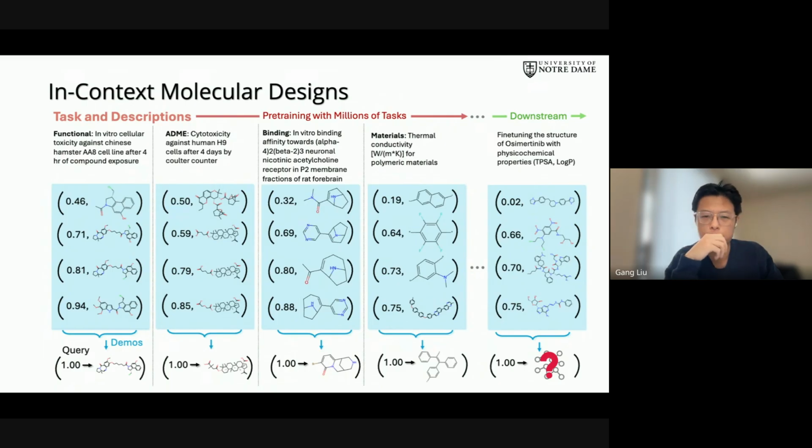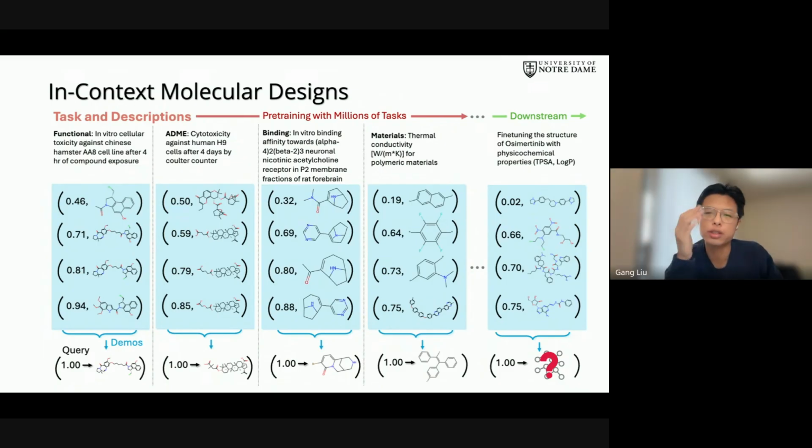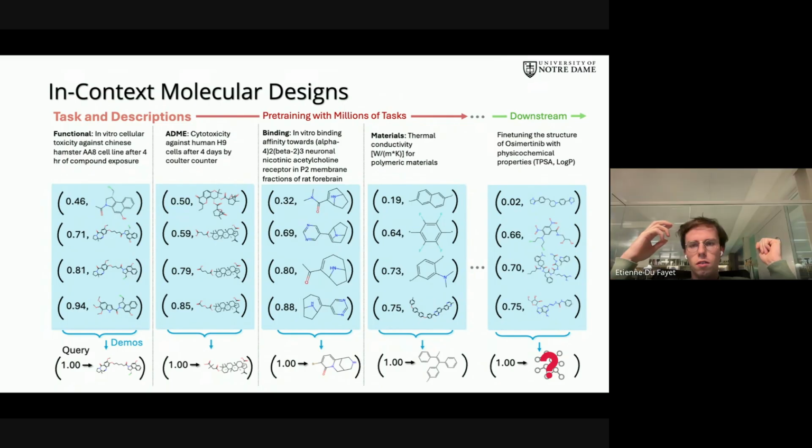Sorry, can you repeat the question? I don't quite get it. You mean, do you use for each task the same set of molecules with different scores? They don't need to be the same set of molecules. They could be the same set. They could be a different set. It depends on the training set. Yeah. And what I don't get here is that I have the feeling that the score is a key element here. I mean, is it possible to have